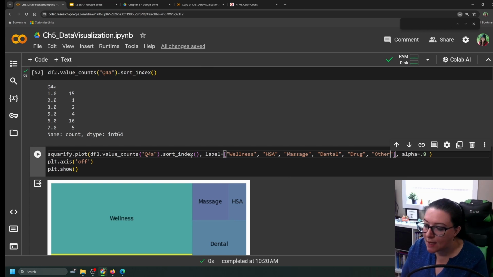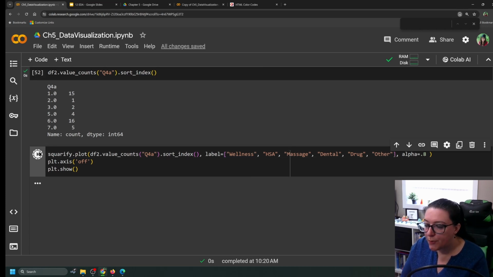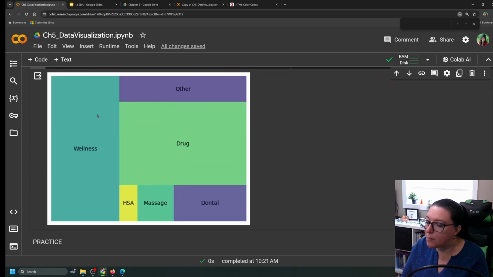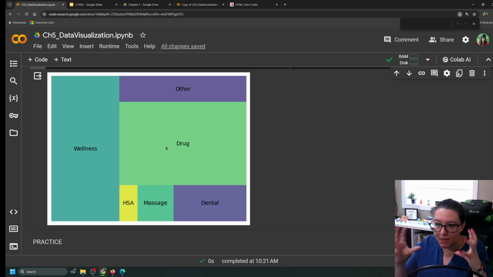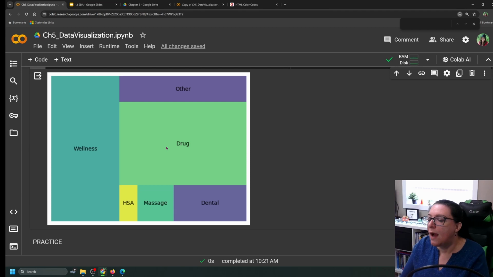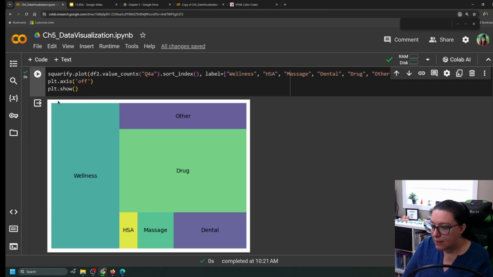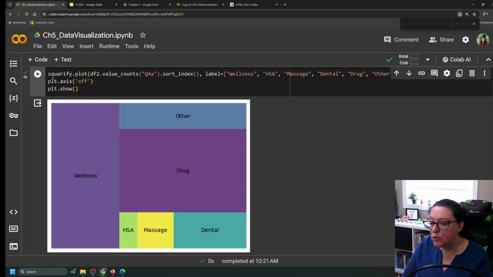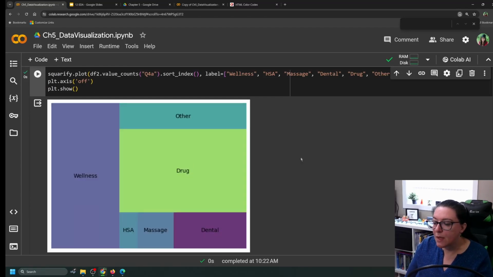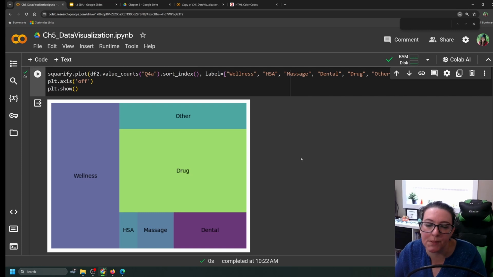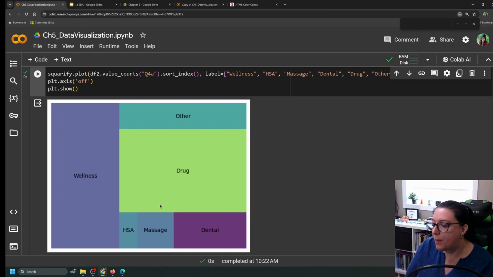Otherwise, if you don't do sort index, you have to go, okay, which one was the biggest? That's going to appear first. That was drugs, then the next one, and so on. So what we're doing here is we're cleaning it up and making short labels. And so this tree map then shows us that drugs are the most important because it's the biggest portion of our map here. And then the next is the wellness account. And so if you don't like the color scheme, you can change it or re-roll it to get a combination that you like. So the tree maps are really only going to work with nominal data. And again, they're showing parts of a whole because we're looking for which is the biggest part, second biggest part,